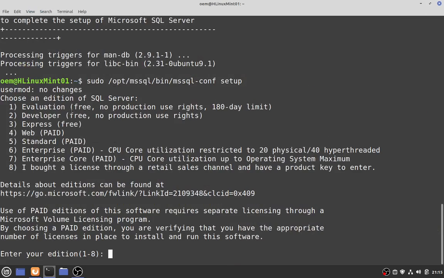Okay, so this is asking us what edition do we want to put in there? Do we want an evaluation edition or developer edition or express edition? So you're going to pick one of the top three. I'm a dev, and in the long run, even though they are different editions, the developer and the evaluation,